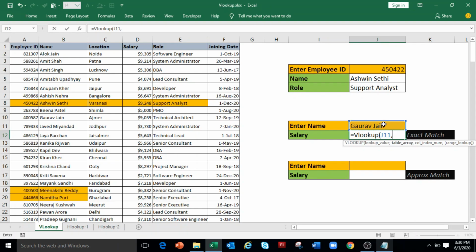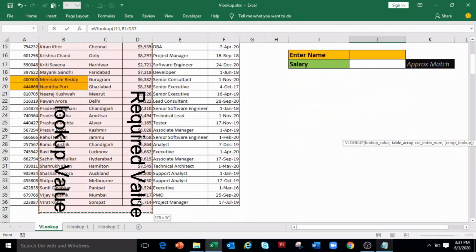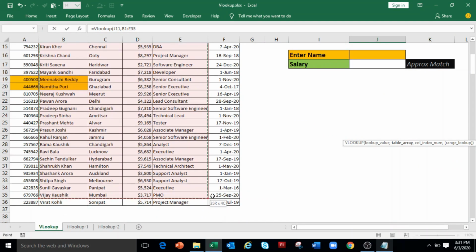Now select the range starting from B1 because lookup value must be the first column of selected range, till column D which contains the required value. Now here you can select till F36 also because the salary is also available in the selected range.